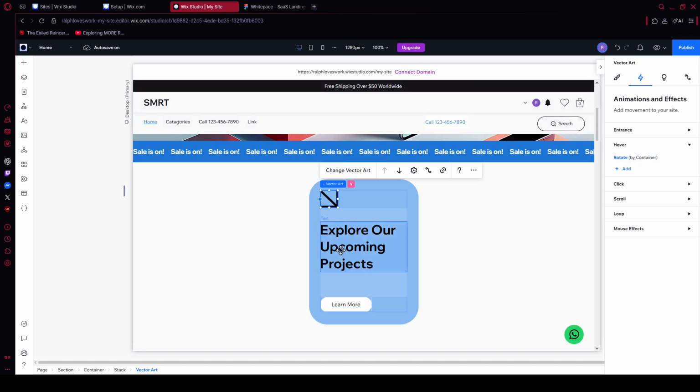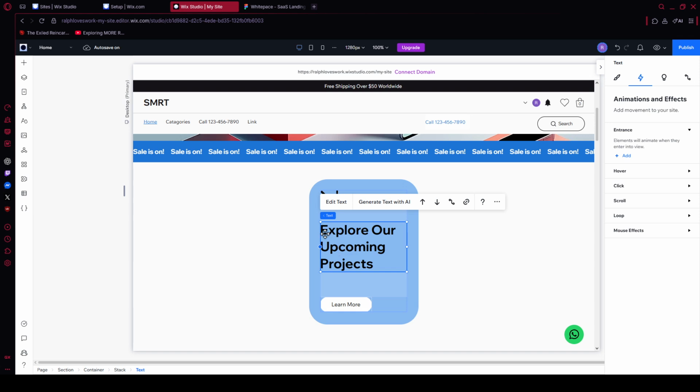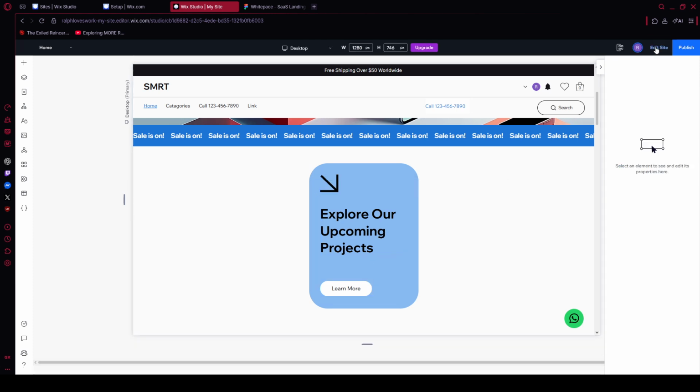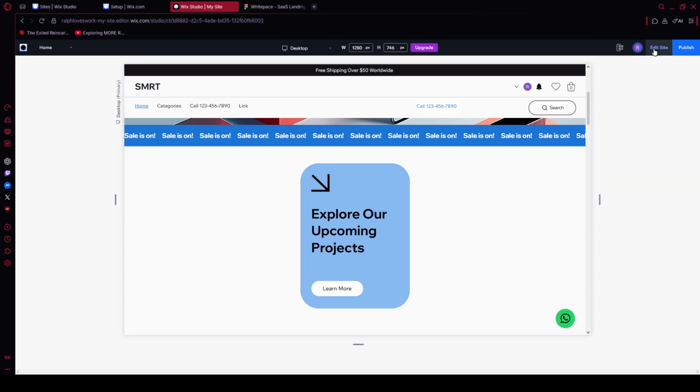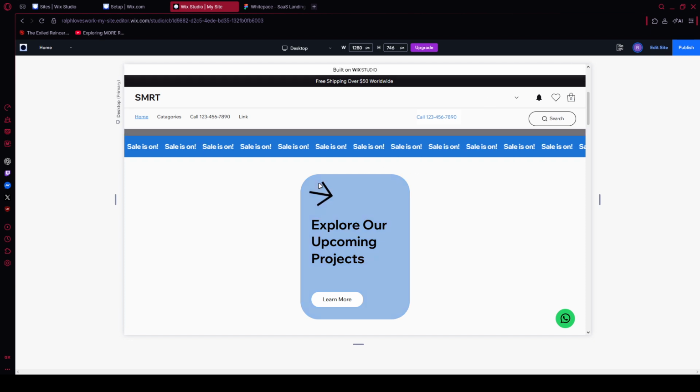Before you publish, preview your work. Click Preview in the top right corner and move your mouse over the hover box to check that the transition feels smooth and intentional. If anything is distracting or hard to read, return to the editor to fine-tune spacing, colors, and timing. It's also a good idea to check how it behaves on different screen sizes. When you're satisfied, click Publish to